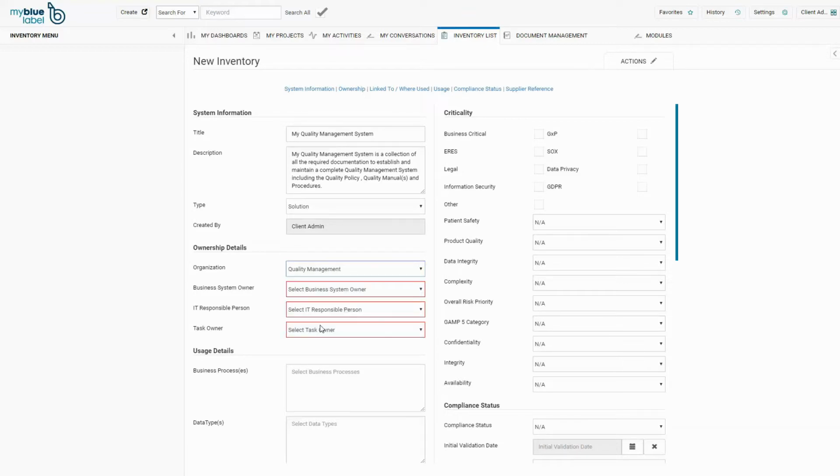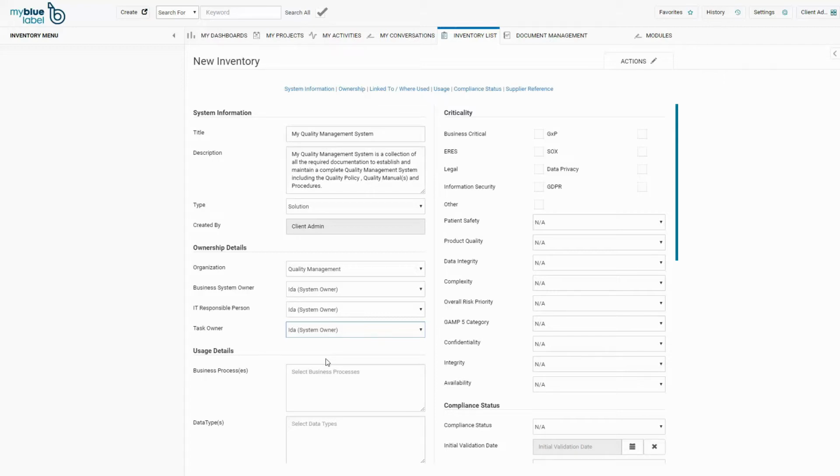In the business system owner, IT responsible person, and the task owner, please notice I can only select the users who are allocated to the selected organization and who are assigned to the system owner role. In this example, Ida is the only available user for the selection.